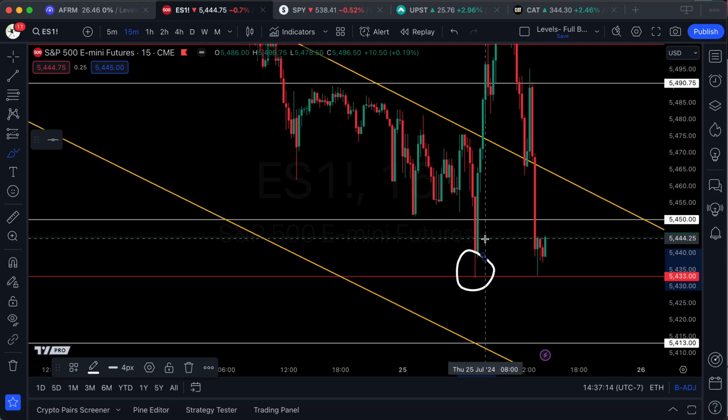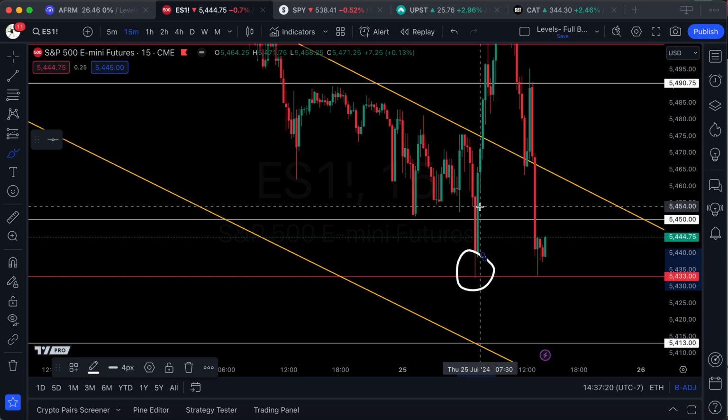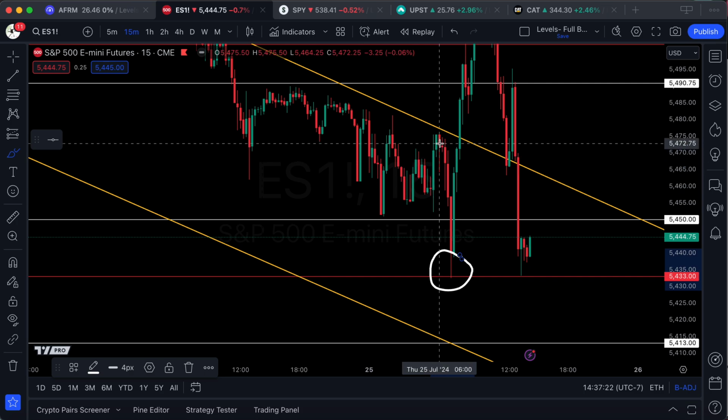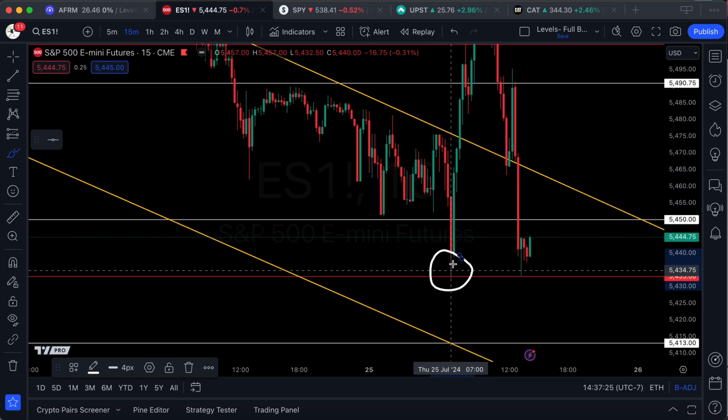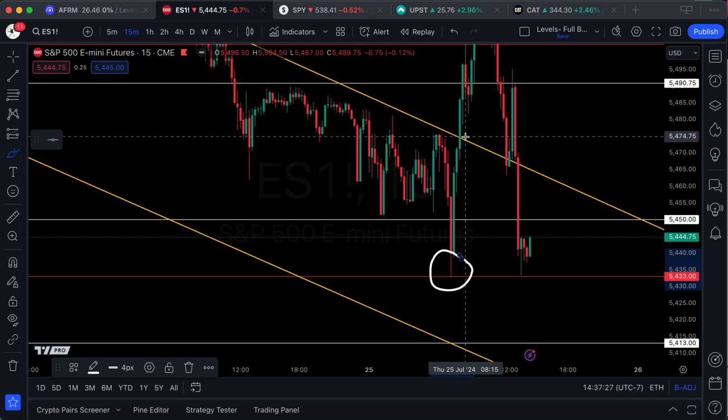So I knew that they were going to try to do one of two things, right? They'd either test the weekly, but they had too much momentum going for it to just be a weekly test, or they rejected the channel and tested the monthly. Now they're going to retest that channel.